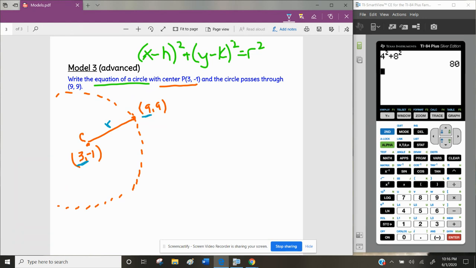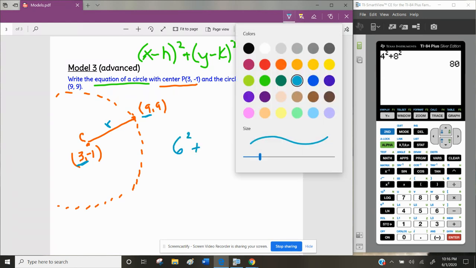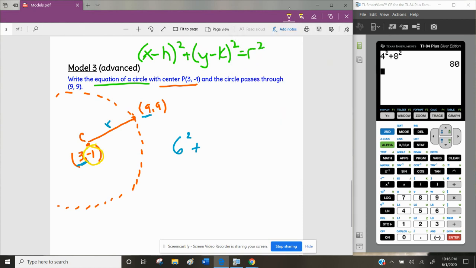So I'm going to look at the x values first. 3 and 9 on a number line are 6 units apart. All right, now I'm going to look at the y values. -1 and 9. So -1 to 0 is 1 unit, and 0 to 9 is 9 units. So 1 unit and 9 units makes 10 units between -1 and 9. And we are looking for this radius, which would be r squared, right? If we were to make our little triangle here, we would have a 6 and a 10, not drawn to scale, right? Okay, so 6 squared plus 10 squared equals